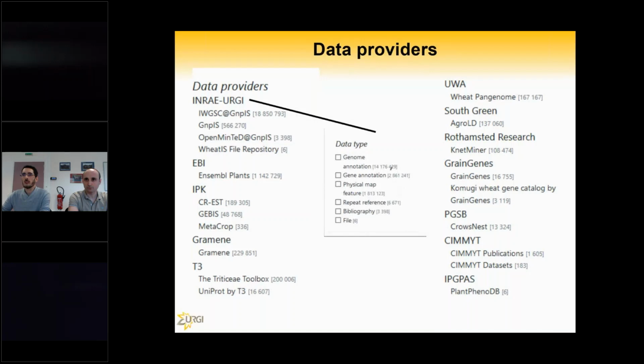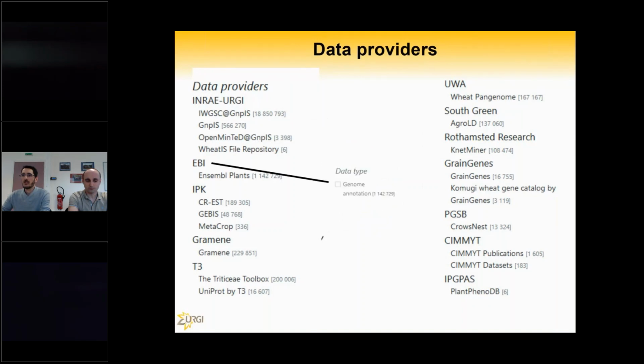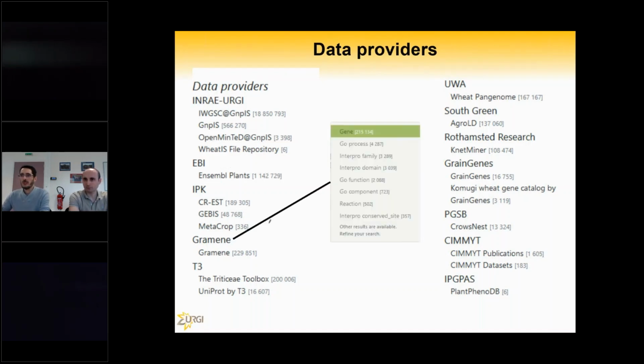To begin, we have URGI, which provides genome annotation, gene annotations, physical maps, repeats, and some bibliography from a project developed here. EBI has also been indexed, mainly Ensembl Plants, and we have mainly genome annotation. IPK provides data also, and Gramene has given to the WheatIS